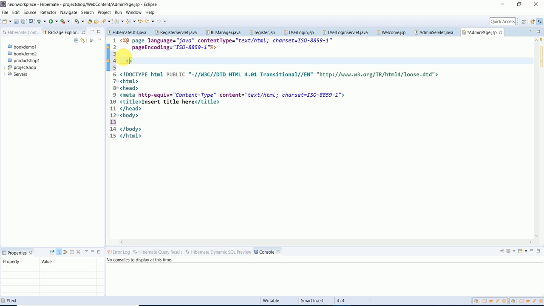Before this doctype statement, we have to enter a certain line. For example, this is the bracket which you have to use, then use the percentage symbol, then use the @ symbol. Write taglib. Then write uri equal to, and in double quotes, you have to write a link. Okay, so that link is